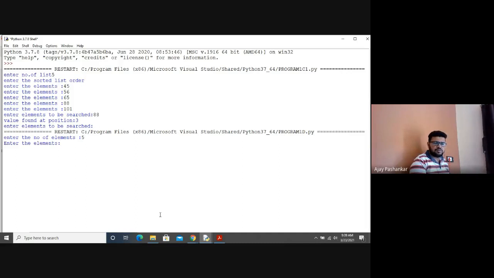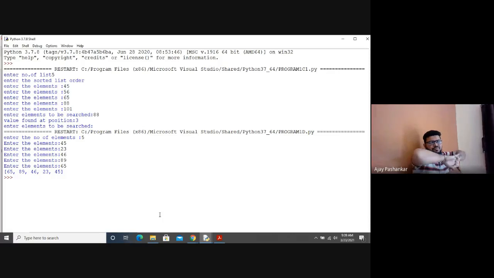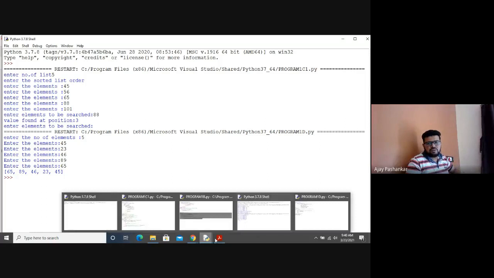Suppose 5 elements I want to insert: 45, 23, 46, 89, and 65. So is it sorting properly? Hello. Sorting is proper according to bubble sort.